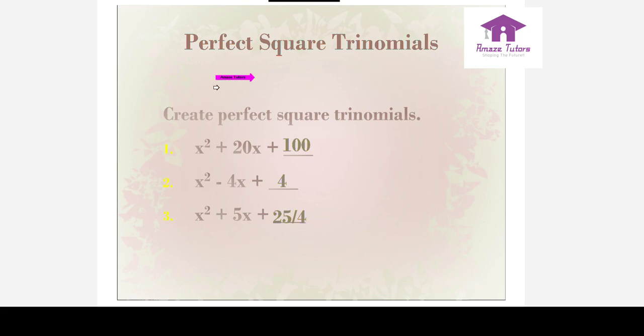I am giving you some examples of how to complete the constant part. So here, create perfect square trinomials. These are the unknowns, which are dashes. The coefficient of x is 20. 20 divided by 2, the whole squared, is to be added as the constant term. 20 divided by 2 is 10. 10 squared is 100. That is why 100 is given in the constant part. In the same manner, 4.